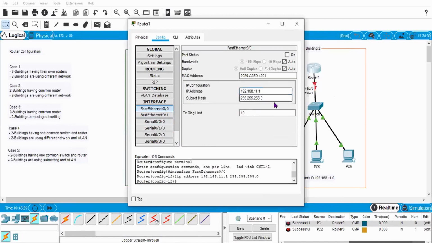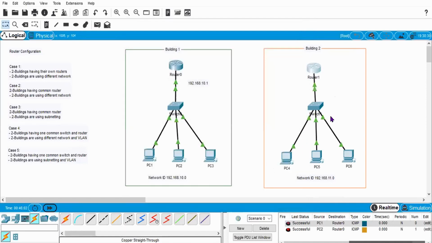So at 0/0, again I will give that IP address and the port status. If I turn it on, it will take some time, and then all the networks will be in active mode. So here I have given 192.168.11.1 as my gateway. After defining this gateway, I can ping any of these PCs to the router.